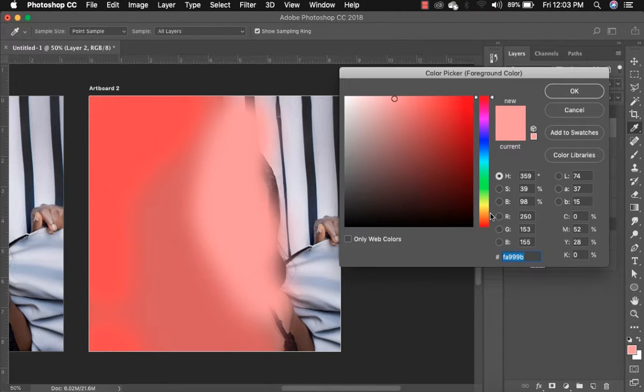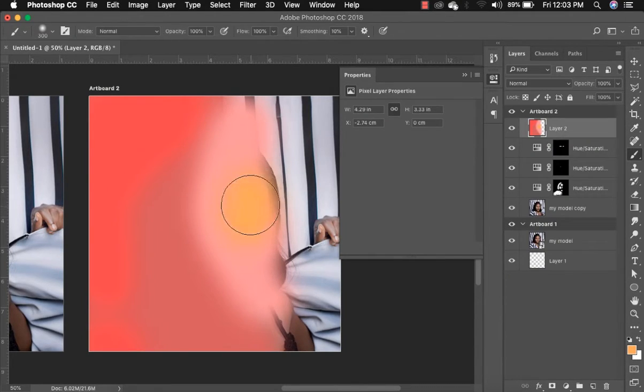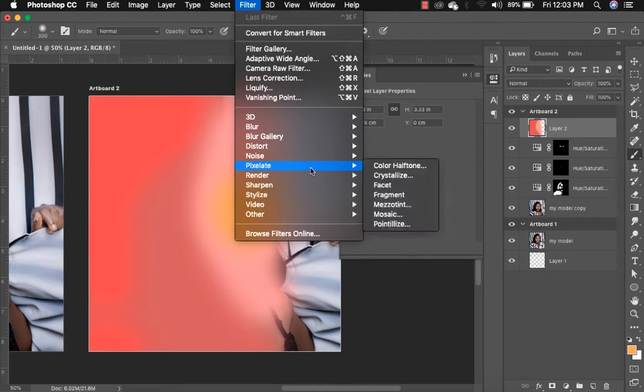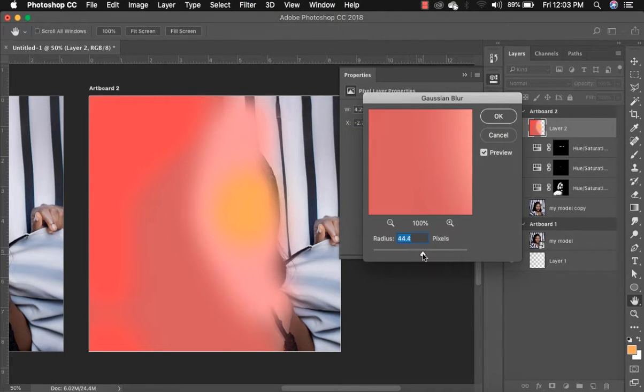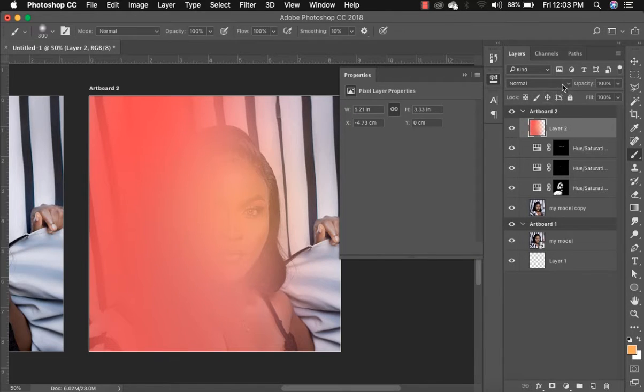I need to add a little color with a contrasting color, let's say yellow, and then go to filter, blur, and Gaussian blur. Take the blur up a bit so we have a blend of all of these hues. We have a blend, that's right. So click OK and then go to